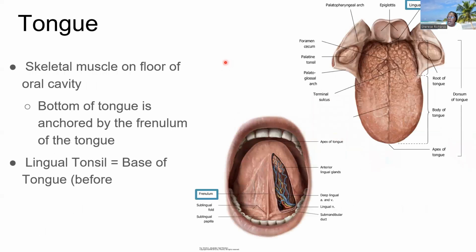Moving on to the tongue, the other structure that is important in the oral cavity. The tongue is made of skeletal muscle. It is found in the floor of the oral cavity. It's going to be anchored, as we discussed earlier, to the floor by the lingual frenulum. On the bottom of the tongue, we can see there are lots of blood vessels. There are the lingual glands, the sublingual glands that we described, as well as the arteries, veins, and nerves that